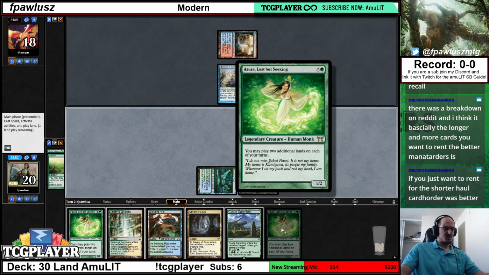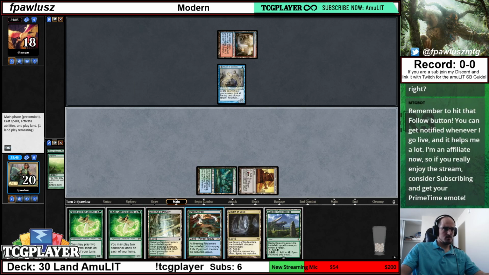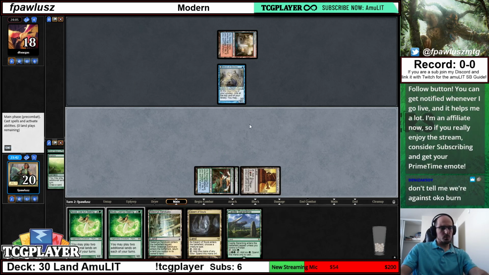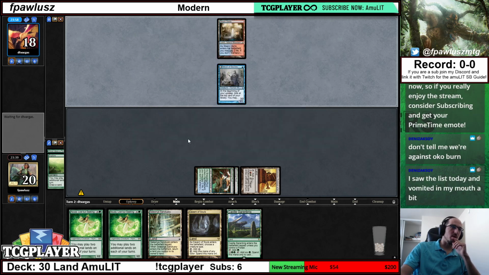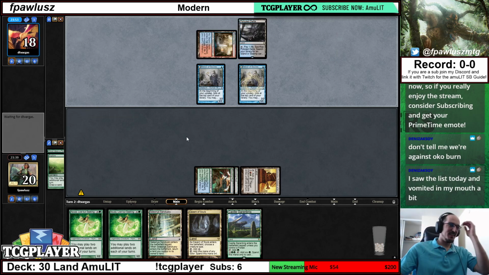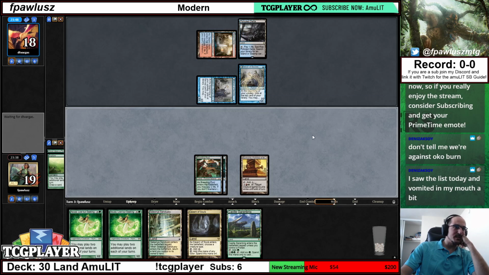Start here. Second Azusa, that's not great. I'm gonna play Breeding Pool because if I find a Tolaria West, I think I'm actually going to spend next turn transmuting. Don't tell me we're against Taking Burn. That's funny. Yeah, that deck is kind of a meme. We're playing against Delver, which just doesn't flip in Modern, so...